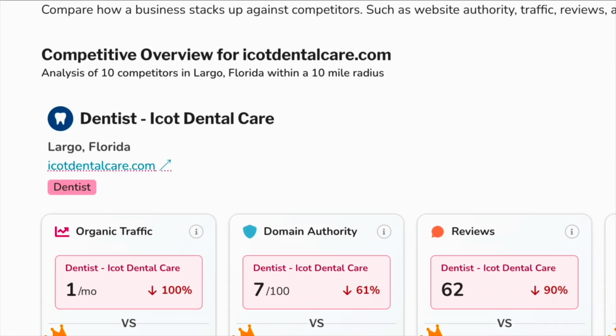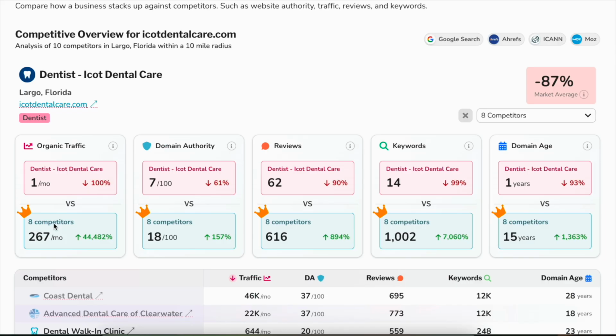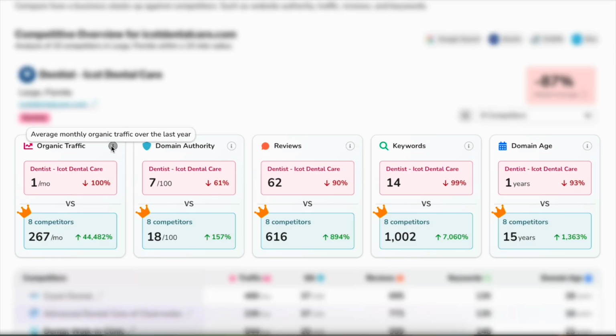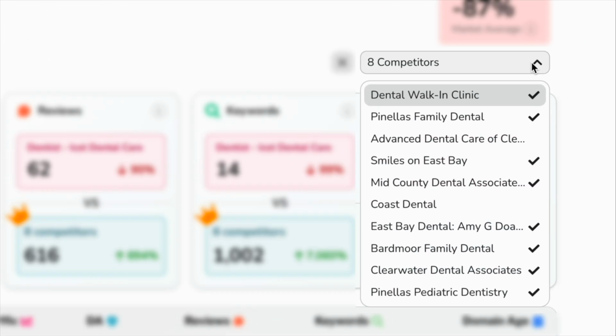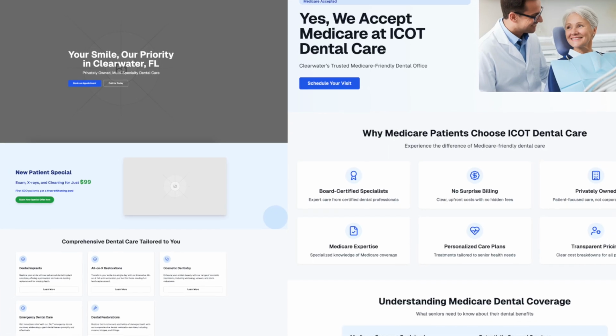This showed me that the competition had an average of 616 reviews, average of 1,000 site keywords they were ranking for, average of 267 visitors, average domain authority of 7, and the average domain age was 15 years. That's really important to know because if you overestimate or underestimate these kinds of things, it can lead to client dissatisfaction. So the strategy with launching the website was to create a page that was built off of the data